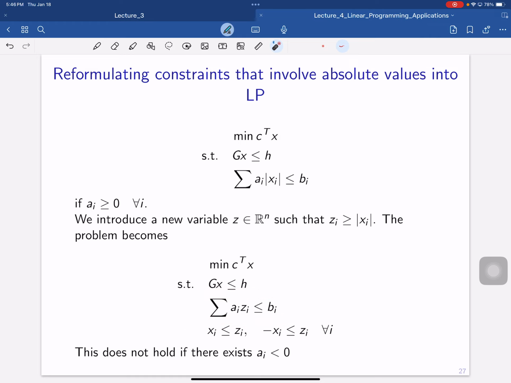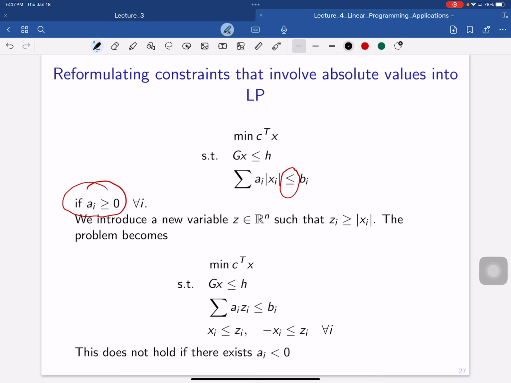Okay, so note that in order to be linear programming representable, the key is two conditions. One is that all the a_i are greater than or equal to 0. The other is that this is a less than or equal to constraint. If you do not satisfy either of those conditions, it is not linear programming representable. Why that is the case, you can also think about in terms of convexity. So each of those absolute value functions,